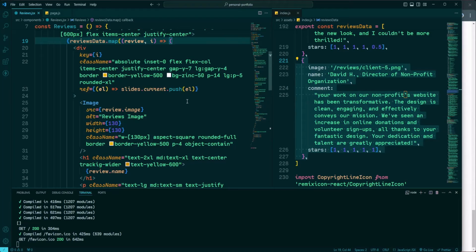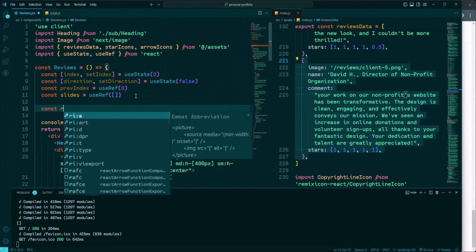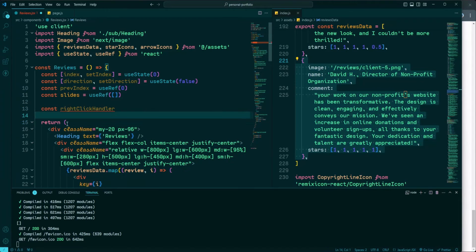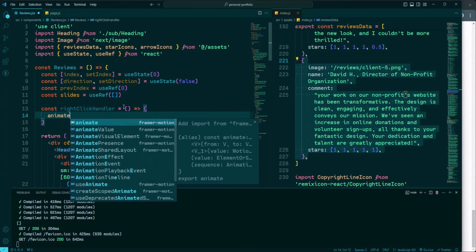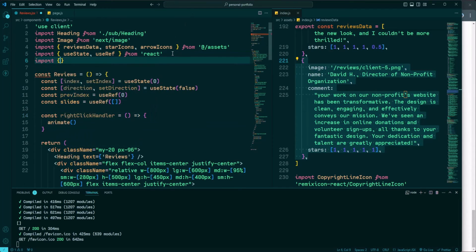Next, let's go ahead and handle the animations triggered when the user clicks the arrow buttons. We will use framer motion's animate method to create smooth transitions for the slides. We will define two functions, right-click handler and left-click handler. So let's go ahead and start with the right-click handler. Actually, I'm going to get rid of this line of code from here. So we need here an arrow function and then the animate method. From framer motion, we have to import animate